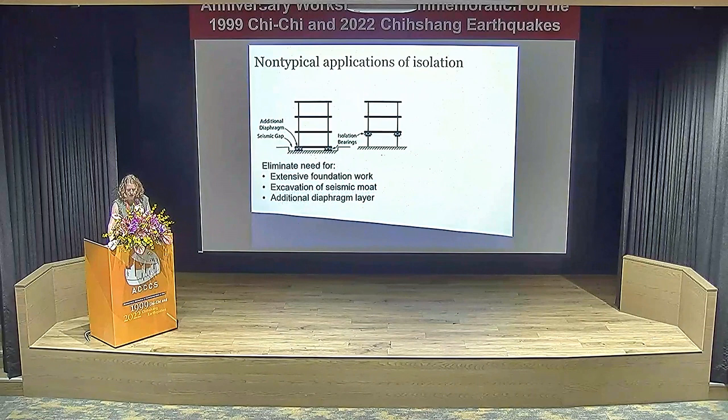And so going back, not to bridges but to buildings, my interest in this topic started when we were thinking about using isolation for reduced cost retrofits. When you do a retrofit with isolation, it's often very, very expensive. A lot of work at the foundation level, need for an extra diaphragm layer to construct, and this can be cost prohibitive. And so we were thinking about, well, what if we instead put the isolators at the top of